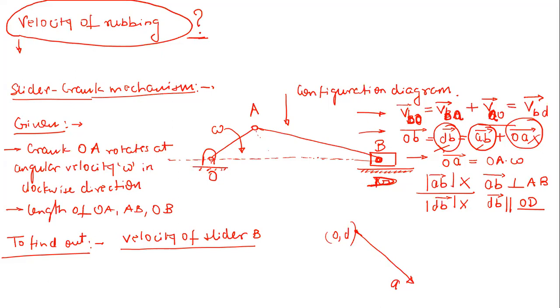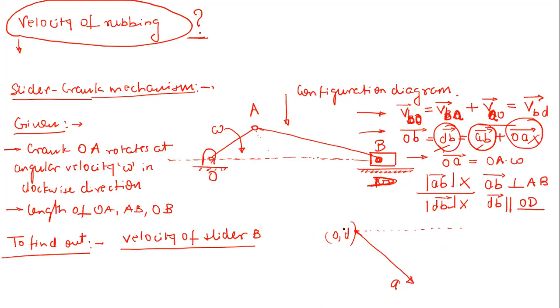So here, if we know the direction of two vectors, then I said to you, just remember this point: simply draw this. Through O, first of all, try to draw this OD, right? So just simply draw this line, right? So see, which point are we trying to locate here? Can anyone tell me? Which is the common point in these two vectors? B. We are trying to locate B, right? And also that is our output which we want.